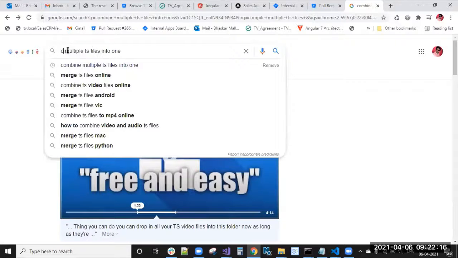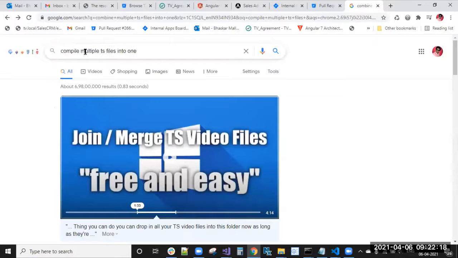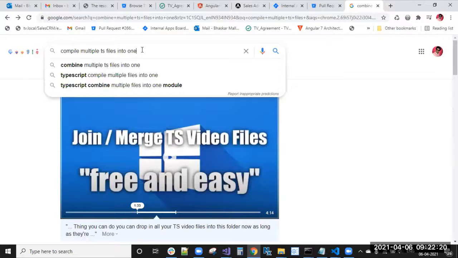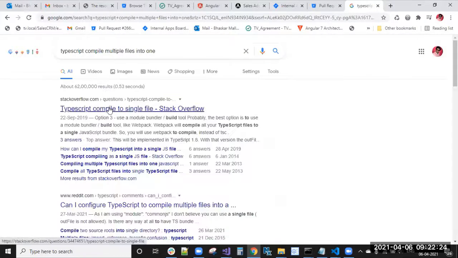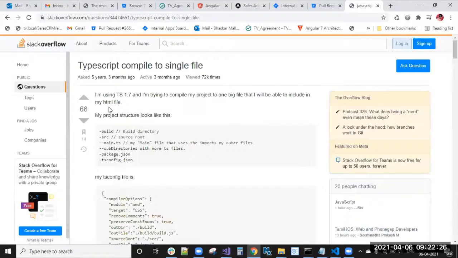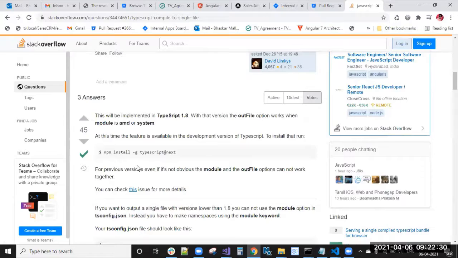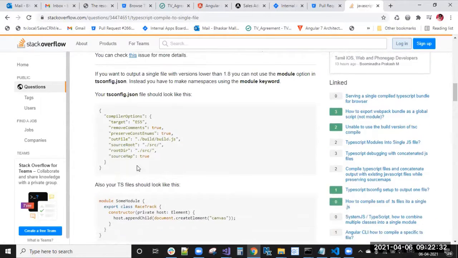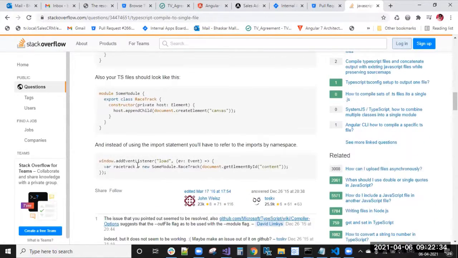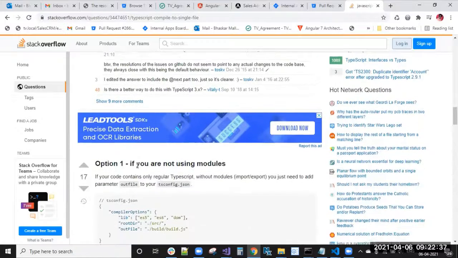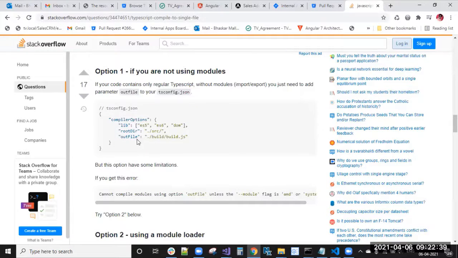Combine multiple files into a single file. Yeah, this one only. Like this we can give, guys,